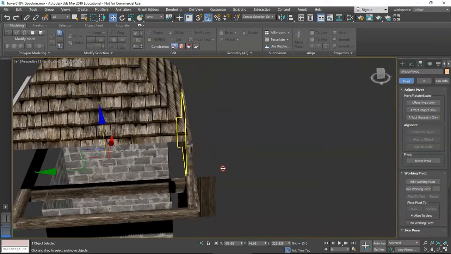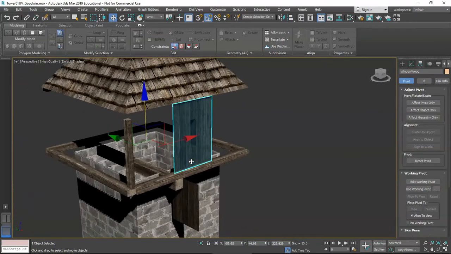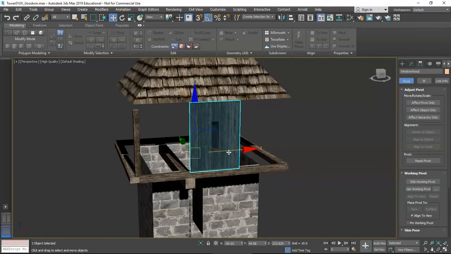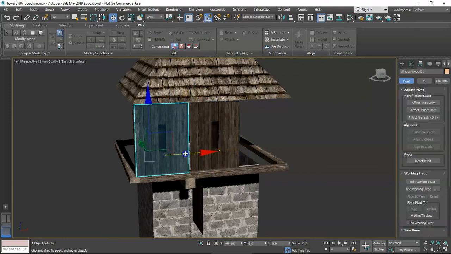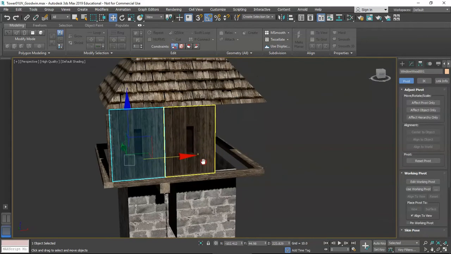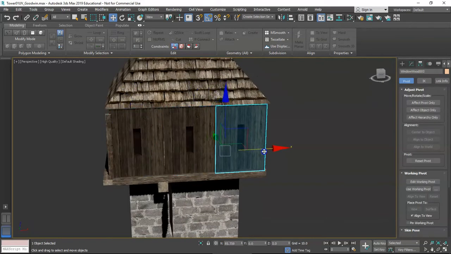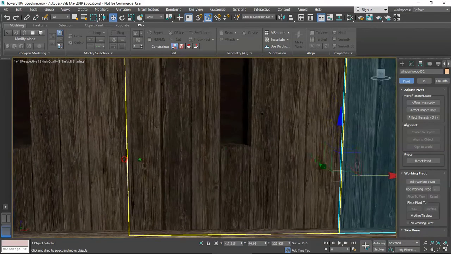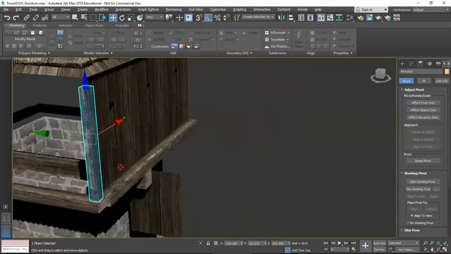Actually, this one isn't going to matter as much, but I'm just going to go ahead and duplicate, Shift, drag it out to the side, and Shift, drag it out to the other side. And then we have our